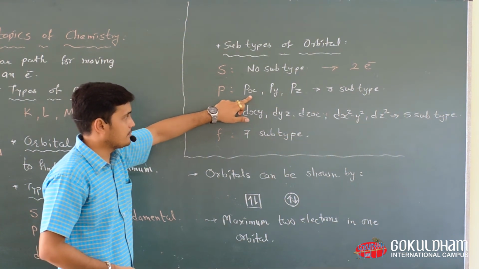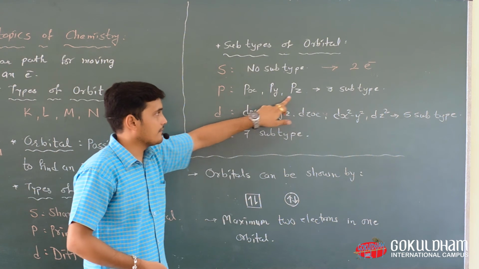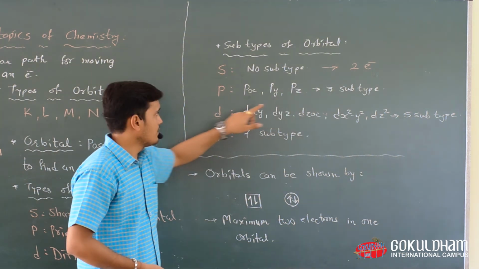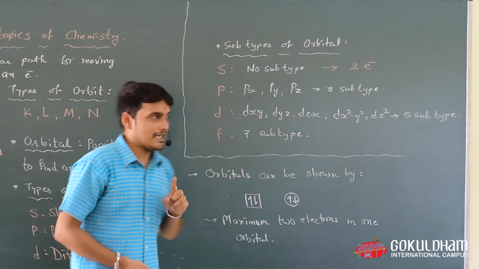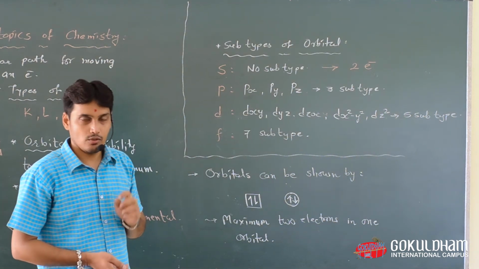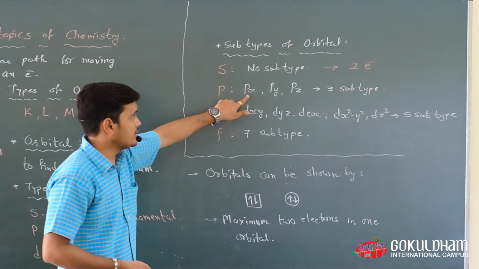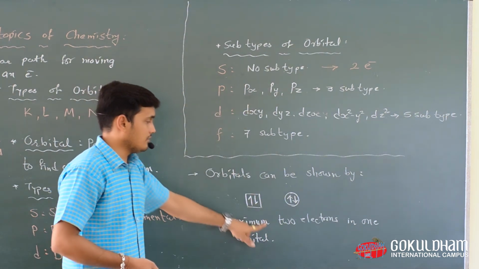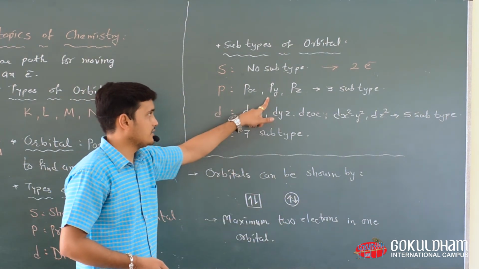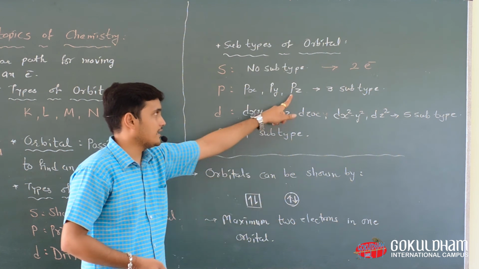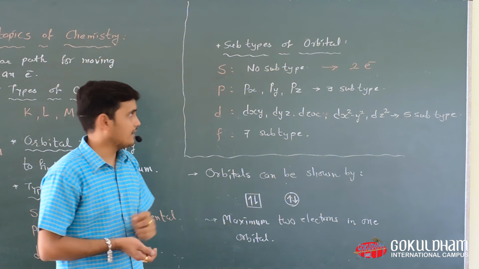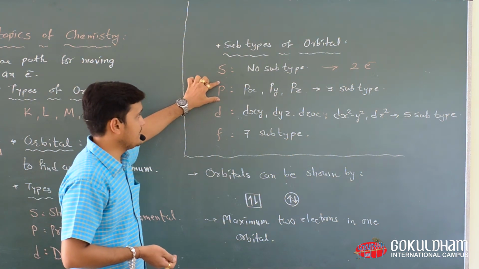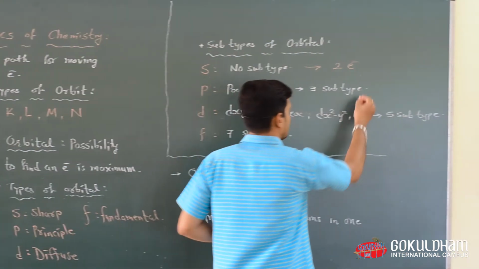The subtypes are px, py and pz. What do you mean by x, y and z? These three are the different axes or coordinates. This px can accommodate 2 electrons, this py accommodates 2 electrons, and pz also can accommodate another 2 electrons. That means this p can accommodate a maximum